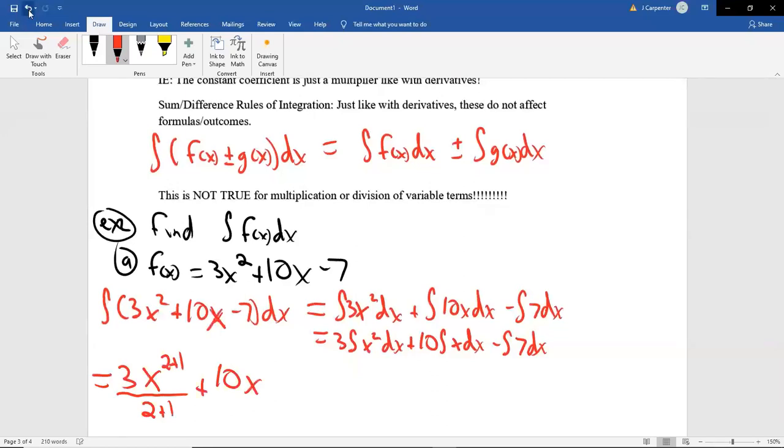Now there's no exponent written, so we have to assume that it's a 1. We don't like writing 1s because they look like primes, though. So we don't write it. So the original exponent was a 1, and we're adding 1 to that. Divide by that same value. Divide by 1 plus 1.